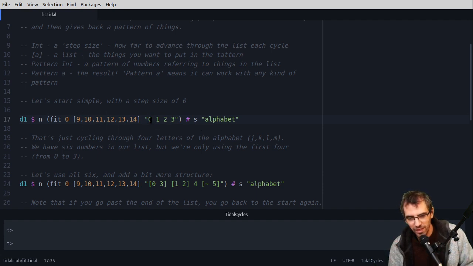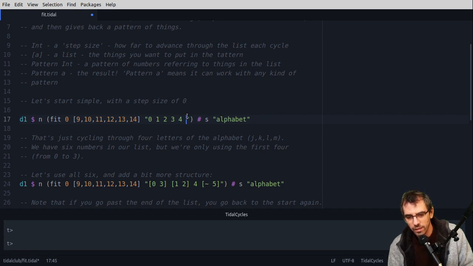It's saying 0, start from position 0, which is this one, then 1, which is this one, then 2, then 3. That's nice and simple. It's not ever getting to this or this. You could do, like, if we added O, J K L M O J K L M O J.